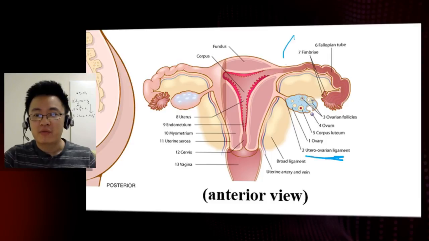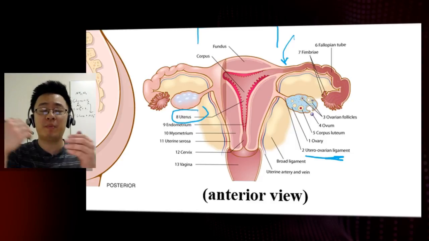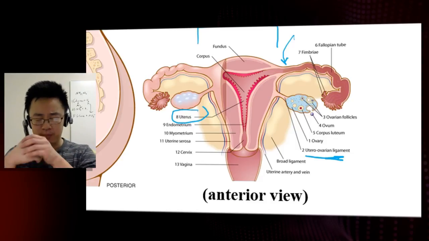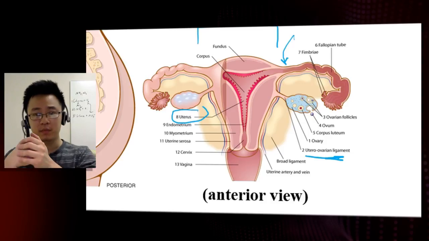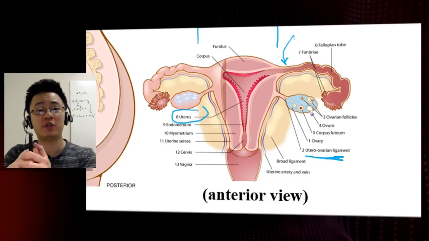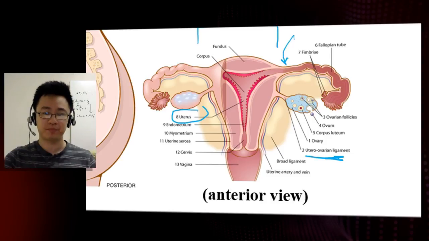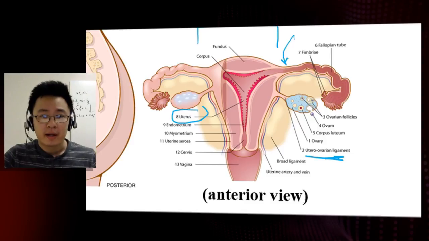We do have the fallopian tubes. We do have this major structure right here known as the uterus. Okay, we do have that uterus in there. And then we have the endometrial lining, which helps to embed the new fertilized zygote in there, which is the beginning of the structure known as a placenta for the baby.